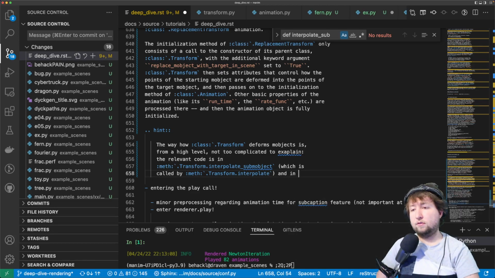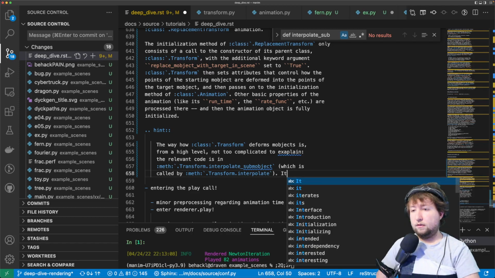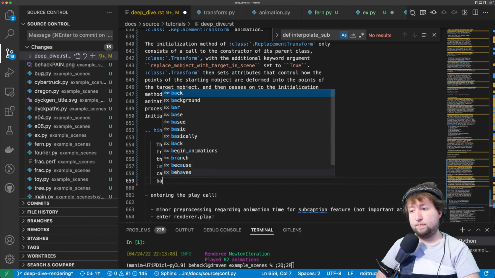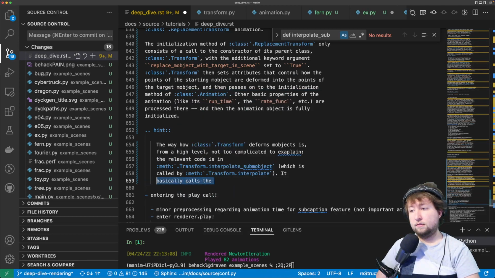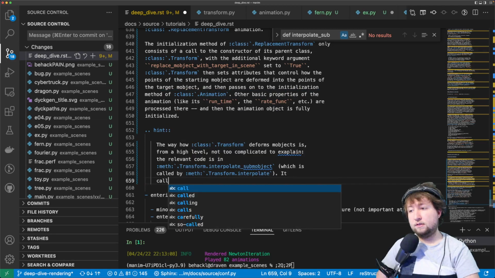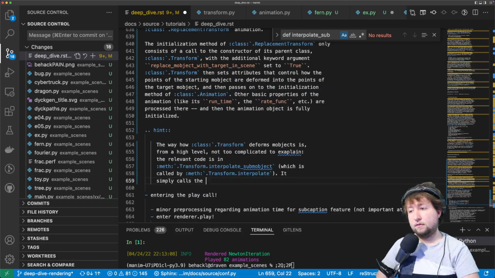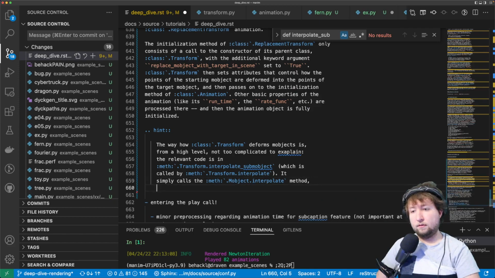And it basically simply calls the. Now it's getting complicated because there are so many interpolate methods. Object.interpolate method, which